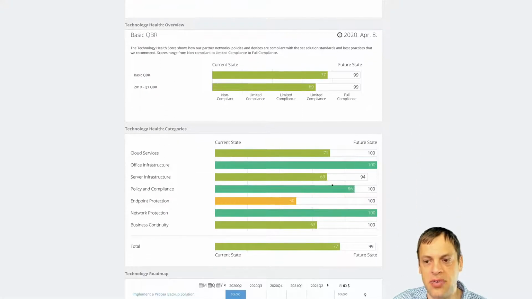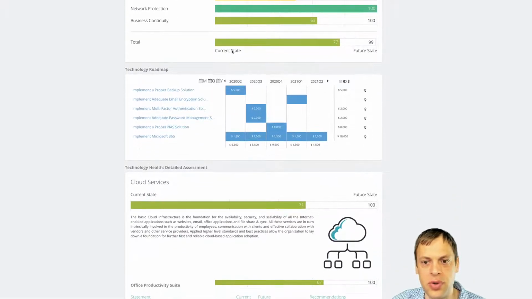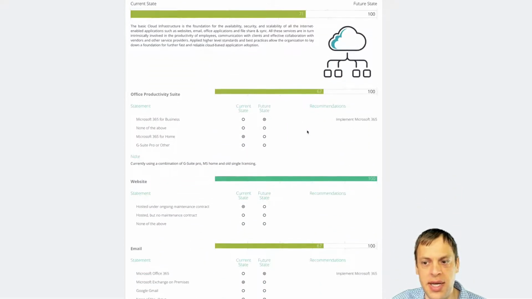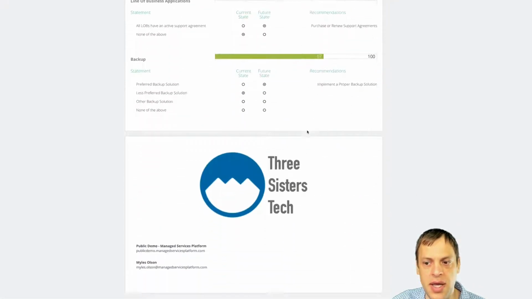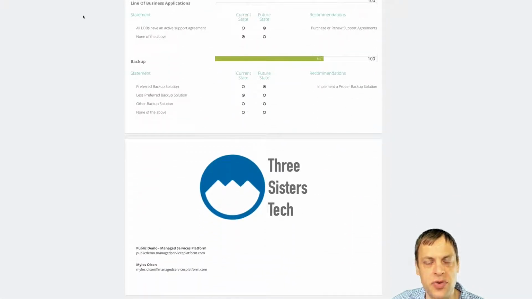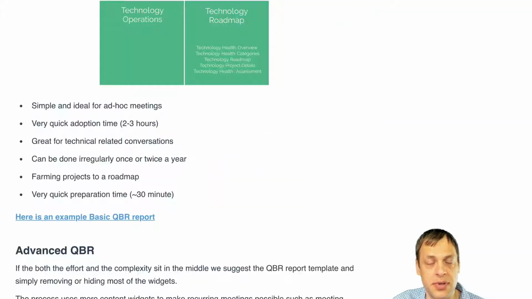It's going to have the scoring mechanism. You are able to show progress on, like, last quarter or last year or things like that, showing advances. You are going to have a technology roadmap and the complete scoring mechanism and a last page for that. So that's a fairly simple review process, really a couple of hours to adopt and really quick to do with